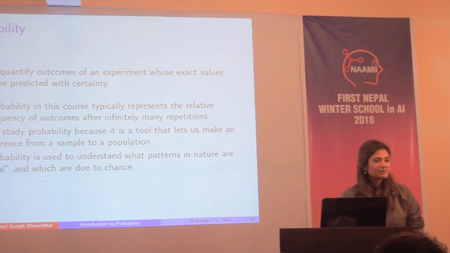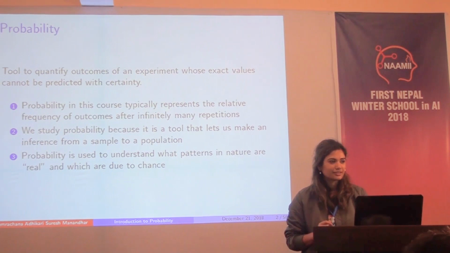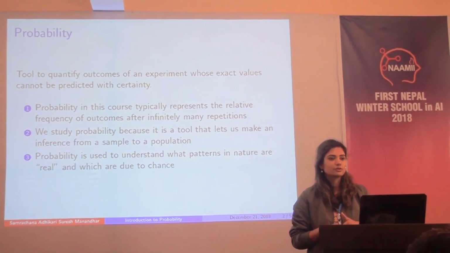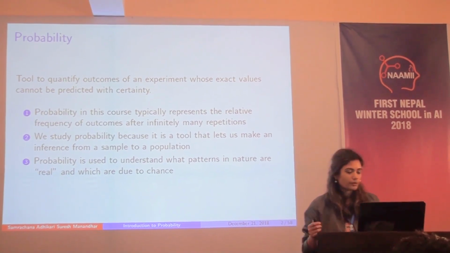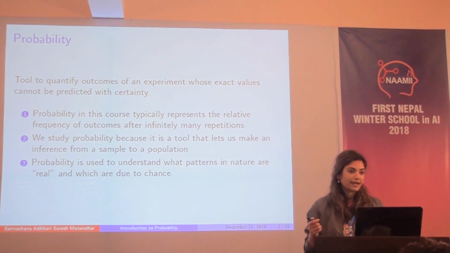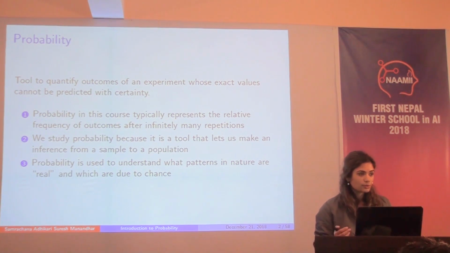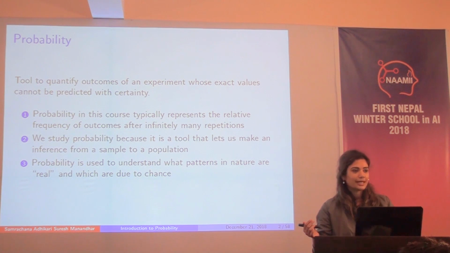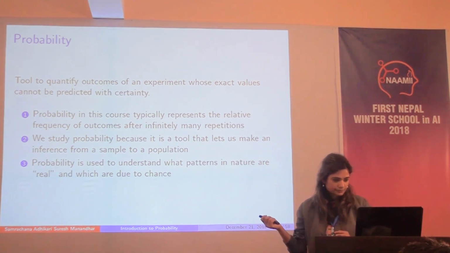So we use probability quite a lot in our daily life. We talk about things like chance and likelihood. Whenever there is no certainty, probability comes in very handy. When we talk about machine learning or statistics, the whole idea is to quantify uncertainty in an experiment. So we are very interested in quantifying outcomes when those outcomes are not certain. Some might be more likely than others, and we need tools to quantify that. That's what probability helps us with.